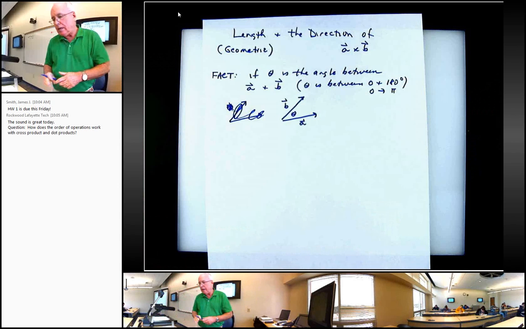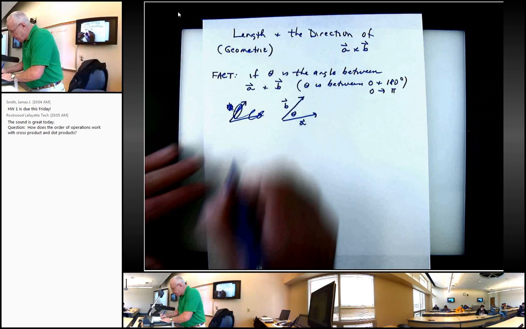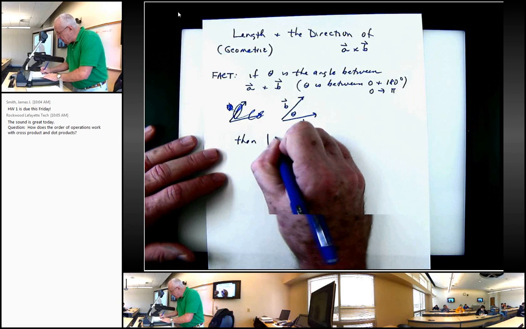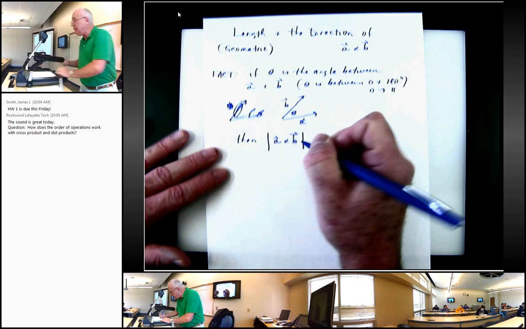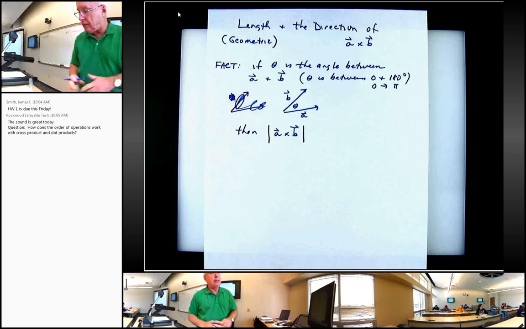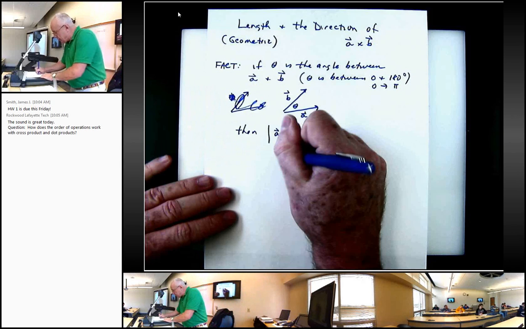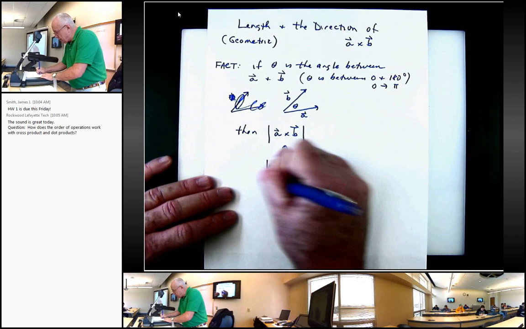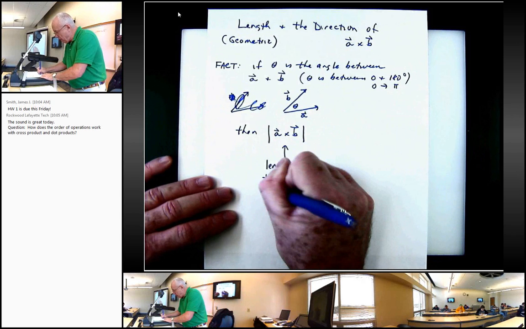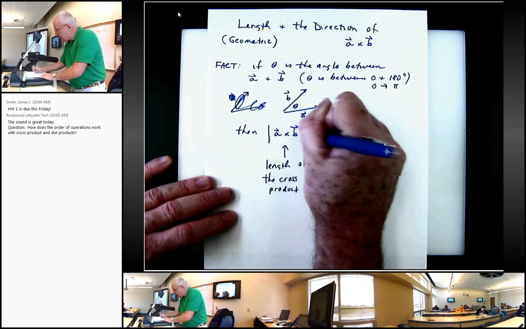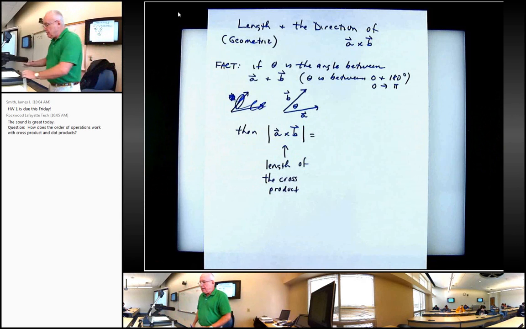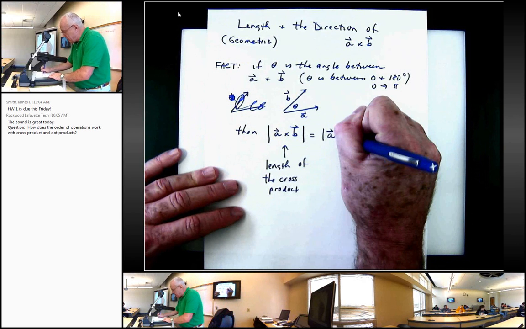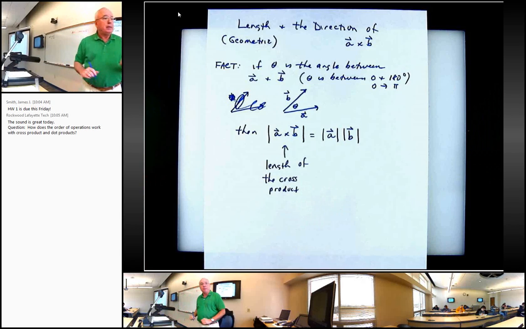All right. Then the length. So I'm putting the lines here to indicate that we're talking about the length of the vector, the length of the cross product, is equal to the following. It's equal to the magnitude of the A vector times the magnitude of the B vector, but this time,